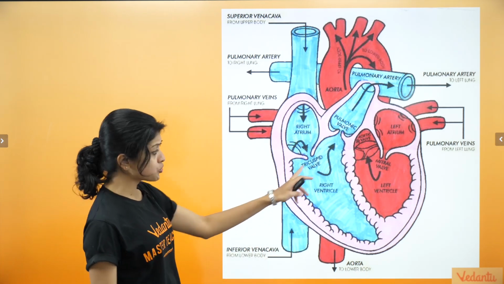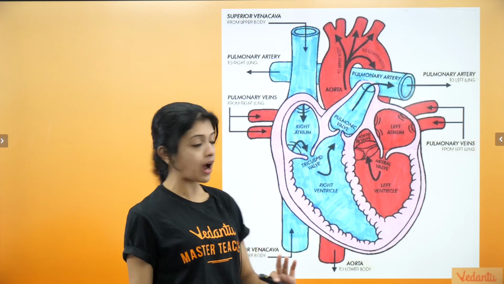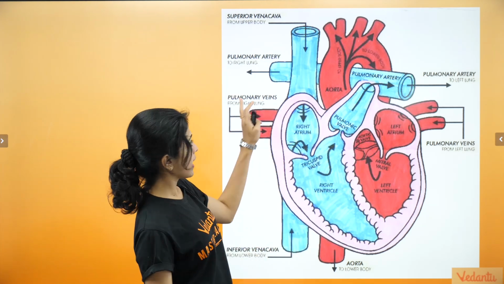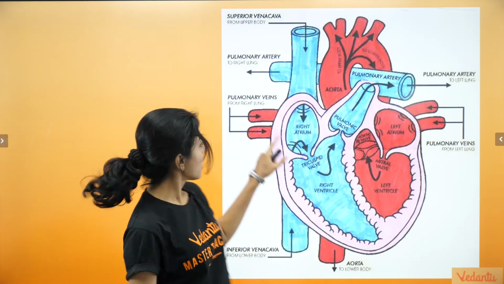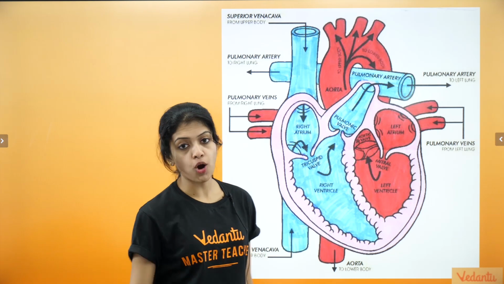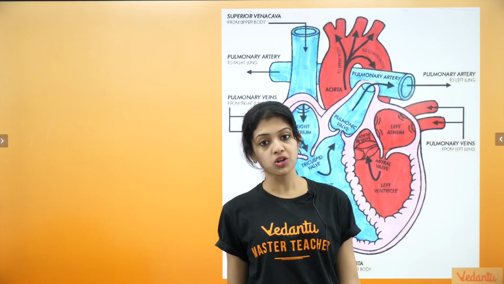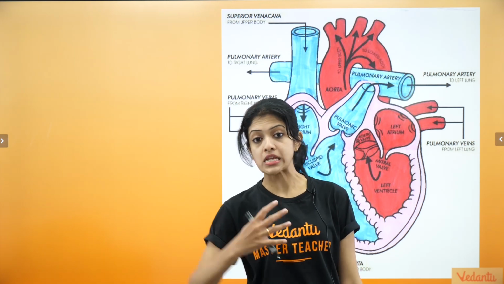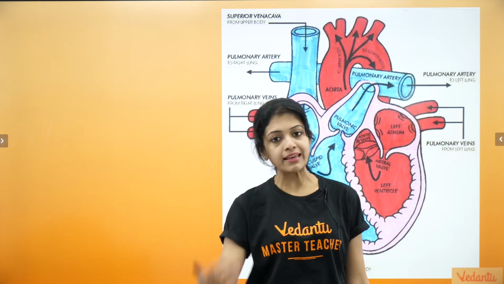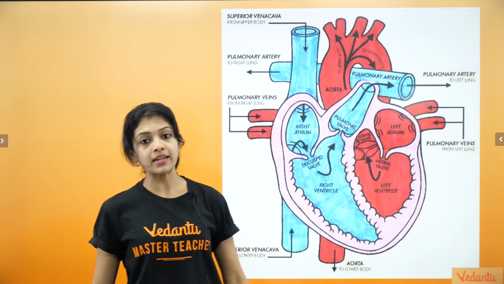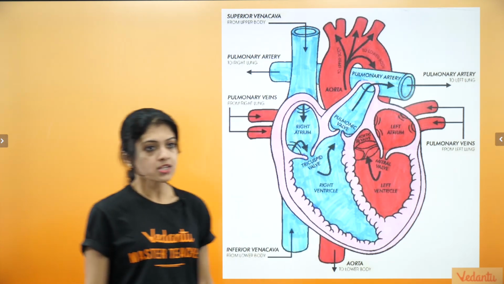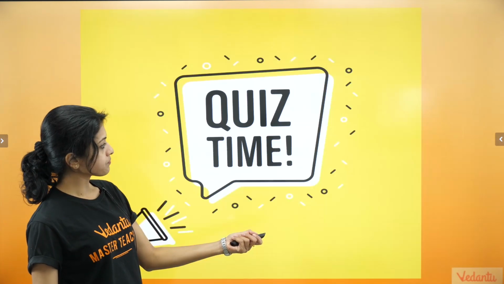Okay, so the arrows probably don't make sense to you now, but what does each blood vessel do? If you can make a small note of it right below the labels in your notebook, that would make your job much easier when you sit down to revise, because you don't have to sit and read through large paragraphs and sentences in your textbook on the eve of your exam. Just this one image and the structure of your heart will be clear in your mind. Okay, so I hope that helps.